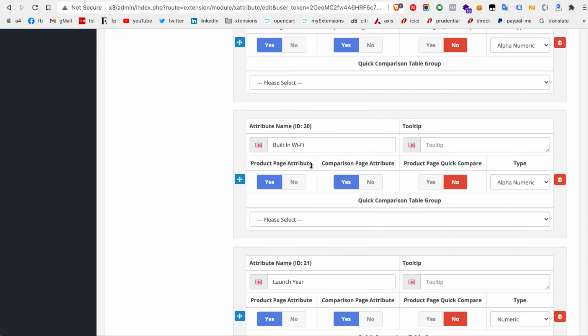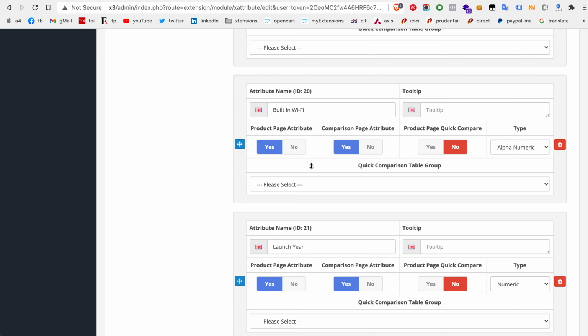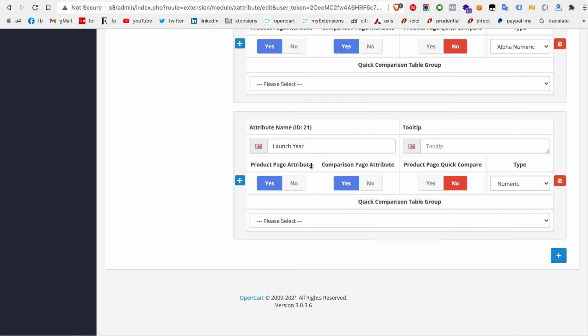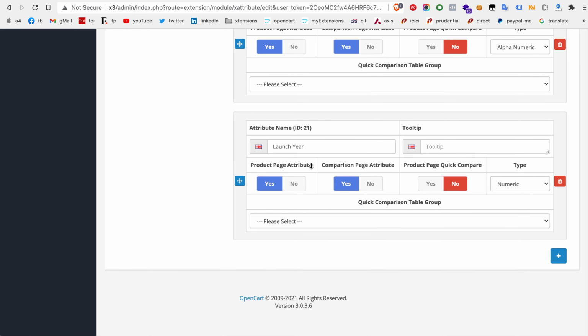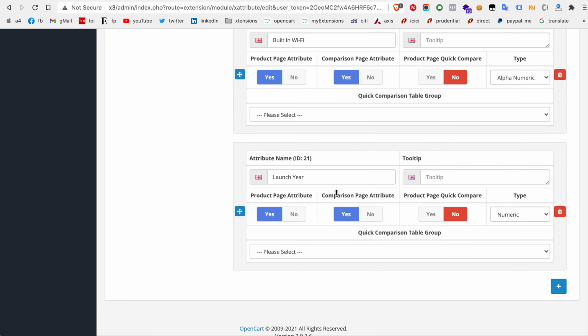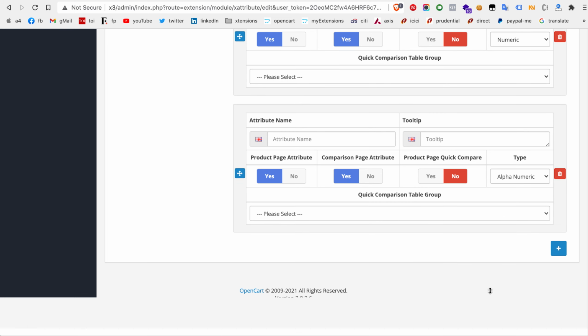So you don't have to create each attribute group and each attribute and then assign them in a separate window. You can create as many attribute groups and attributes within one window itself. So it saves about 80 to 90% of your time. Let's say in this I have 15 attributes and I want to add another 5.